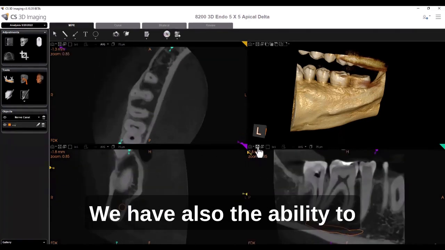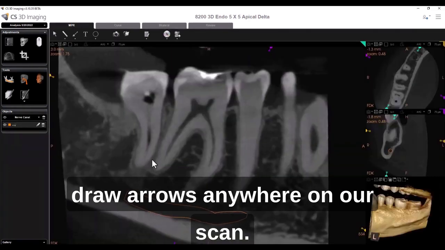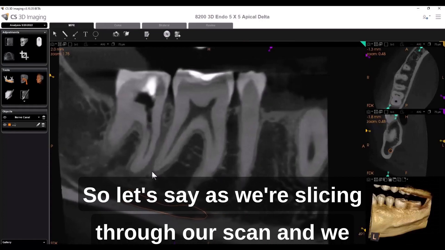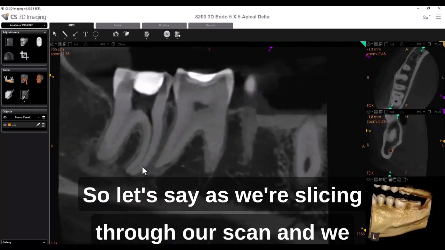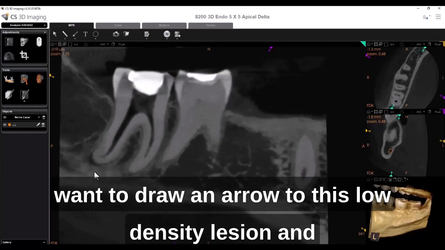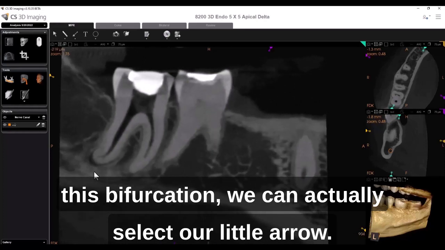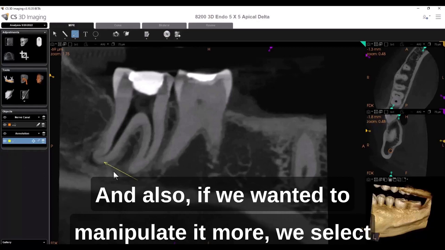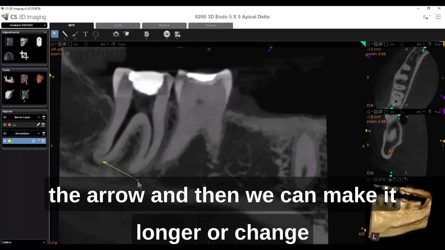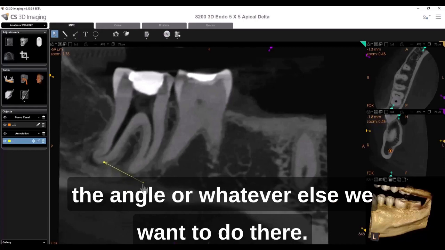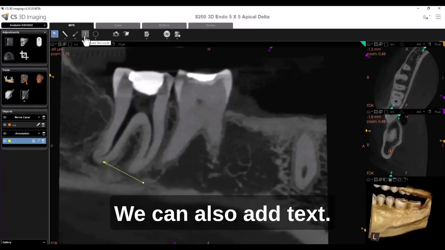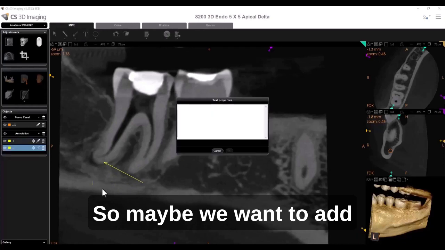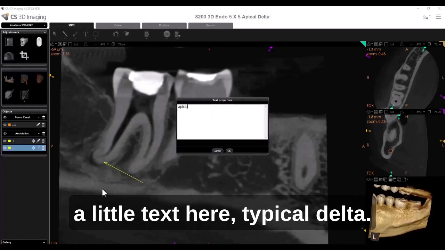We have also added the ability to draw arrows anywhere on our scan. So let's say as we're slicing through our scan and we want to draw an arrow to this low density lesion and this bifurcation, we can actually select our little arrow. We can draw an arrow here, of course, change the color. And also, if we wanted to manipulate it more, we select the arrow and then we can make it longer or change the angle or whatever else we want to do there. We can also add text. So maybe we want to add a little text here, apical delta,